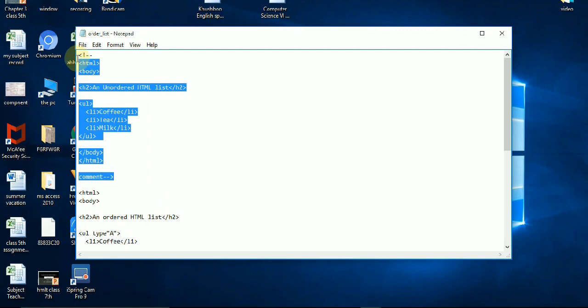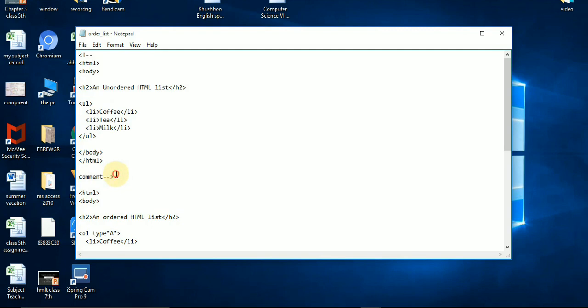If you don't want something displayed in the browser, put it within the comment section. So let us see the outputs one by one.